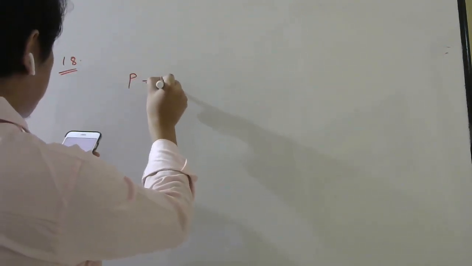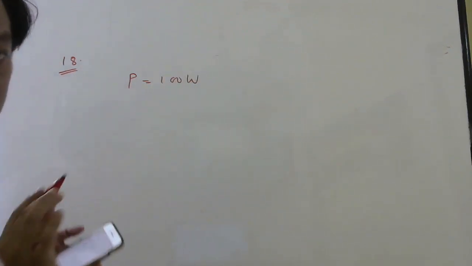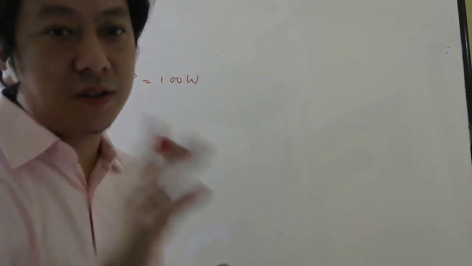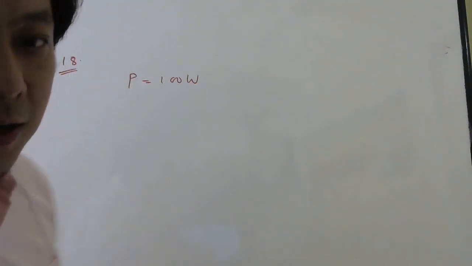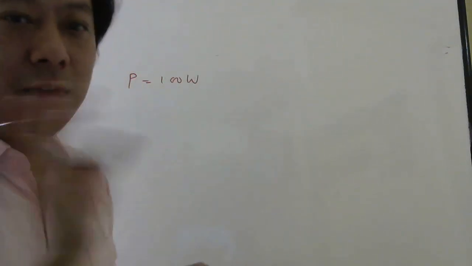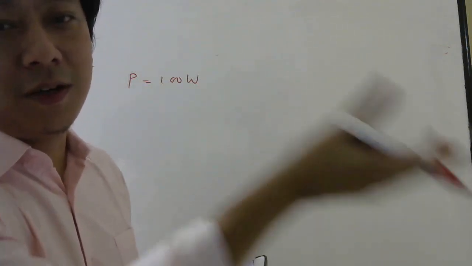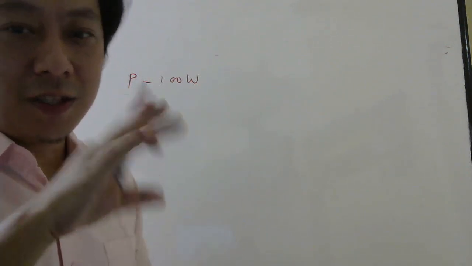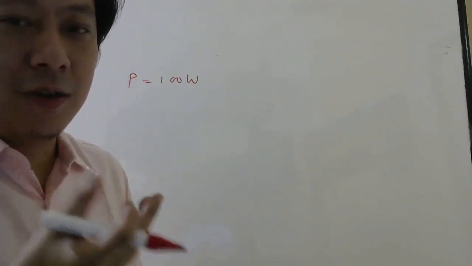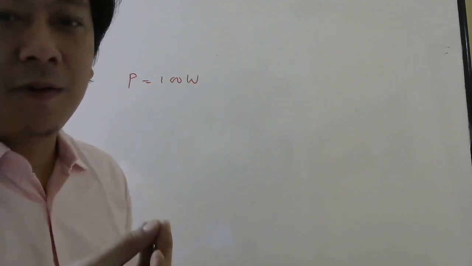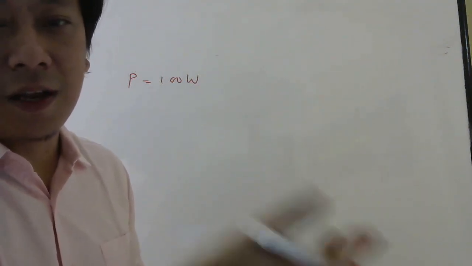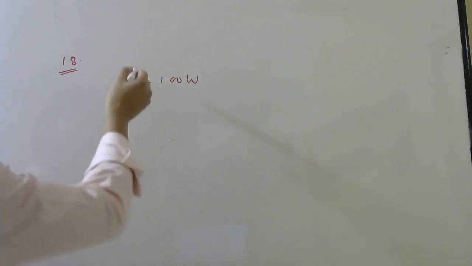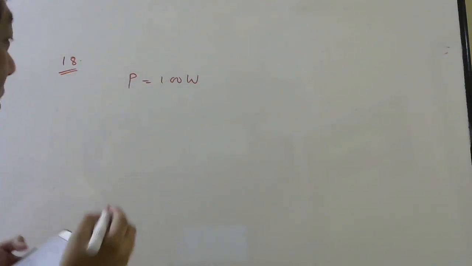So they want energy density, power is mentioned. Okay, and no efficiency, nothing. They are not asking us to concentrate only on visible light like that. So the total power which is given, that itself we will use as power, because they have not told some percentage only will be converted to visible radiation and find energy density of visible radiation like that. They have not told. They just told there is a bulb of this much power, what is the energy density of electromagnetic waves. So we are going to consider this itself as the total power.